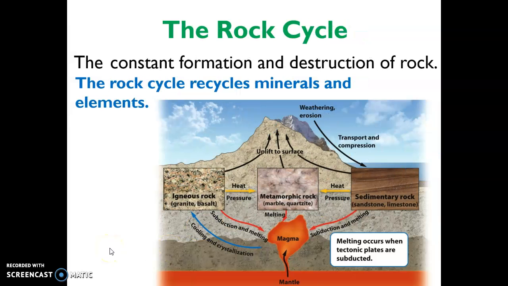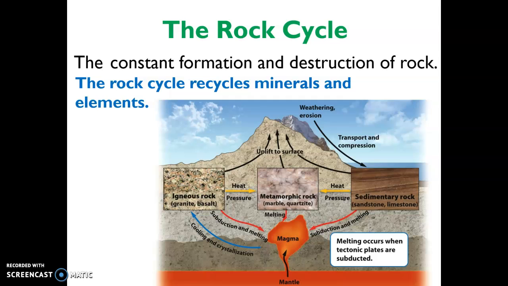The rock cycle recycles minerals and elements. So let's look at the three major categories of rocks and how they're formed. The first one is called igneous rock. I think of the word IGN, as in ignite, as you ignite a fire. Igneous rock is formed when magma from the mantle rises up and the magma cools and crystallizes and forms the igneous rock, such as granite, which makes up most of the continental crust, and basalt, which makes up much of